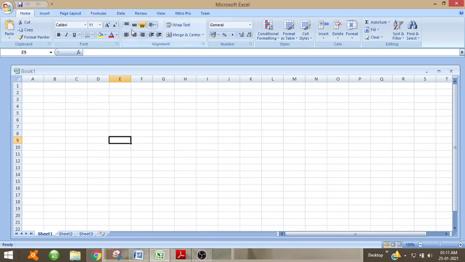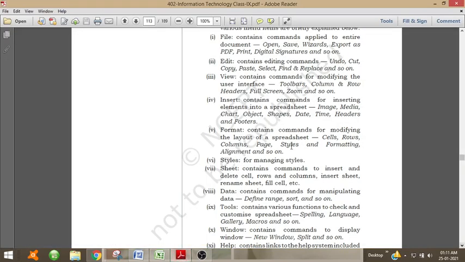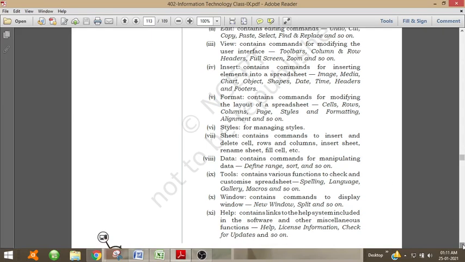In format, these are all the things, that is how the alignment should be made, or how the cells should be placed, or the styles or conditional formatting, or the style of the cells, all these come under formatting. Then styles are for managing styles, so these all you will study in detail.